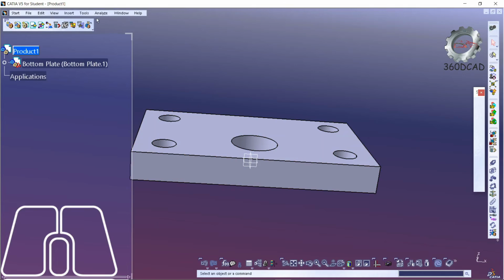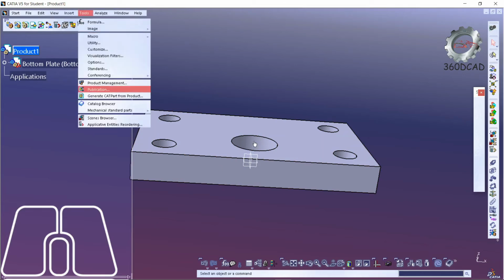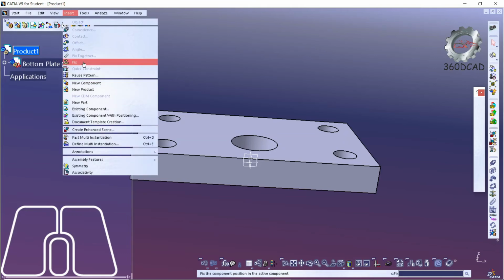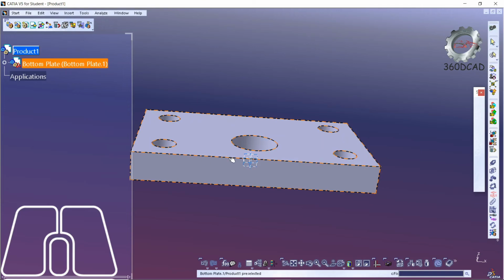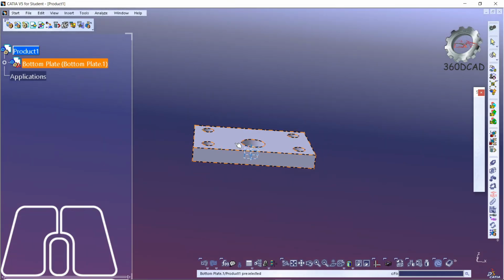Now what we have to do, we have to select this particular plate at the bottom. So we are going to fix this particular plate. Whenever you add the first plate in the assembly view, you are going to fix it and others will be constrained. So our first plate has been fixed. Adjust the view properly.